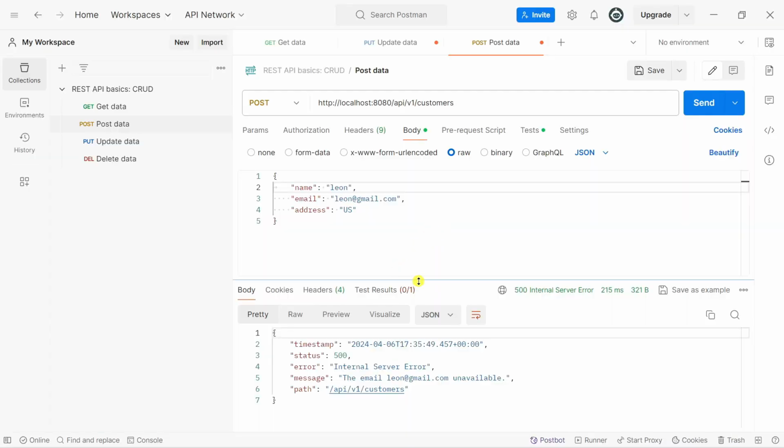So now, before we received the status code 500, if I click on send to create a new customer request, you can see here we successfully receive the status code 409, which stands for conflict, and also the message included in the error response. So now our application has the exception returned back to the client.